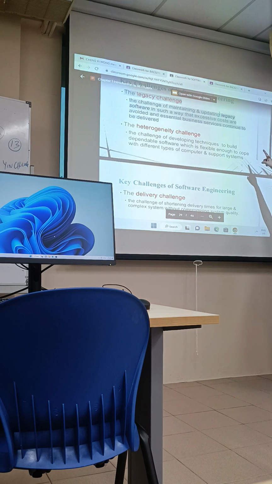We explain the blue color term first, legacy software. Maybe you can Google search now. Anybody can help out? What is the meaning of legacy software? It is referring to very old software. Usually it is written in a very old programming language. Maybe the software is older than you. You are about 20, 21, 22, but maybe this software was developed 30 years ago, using a very old technique and old programming language.